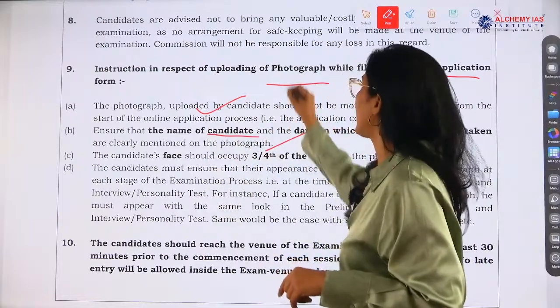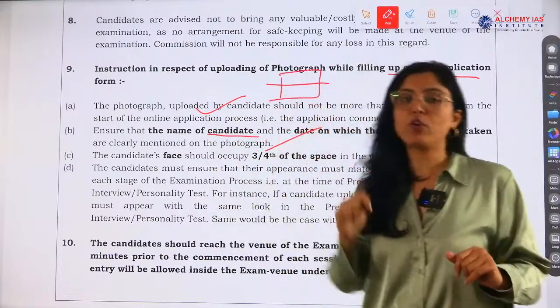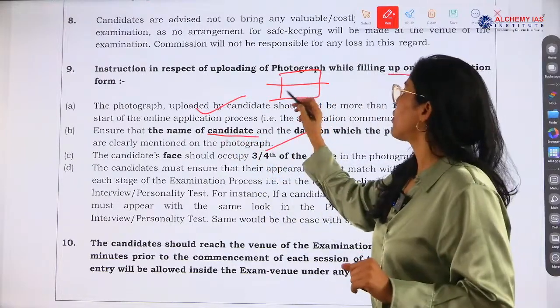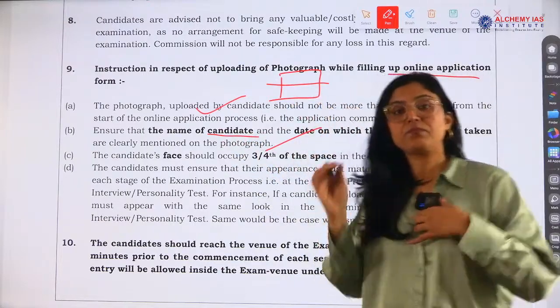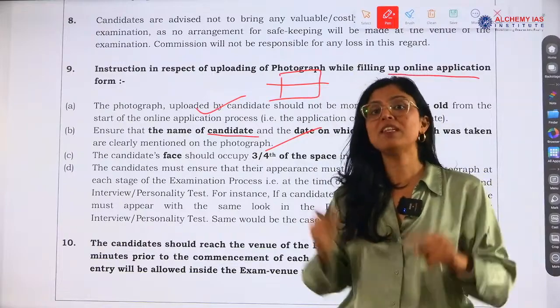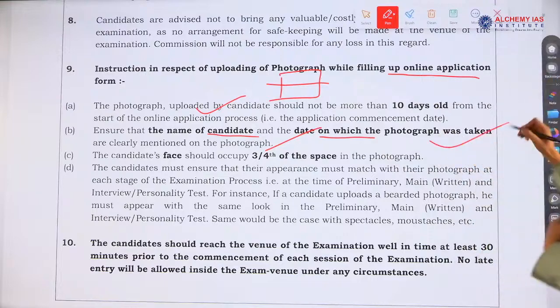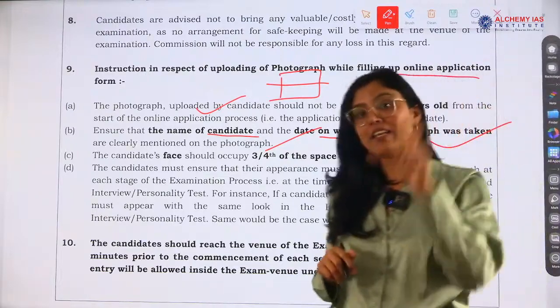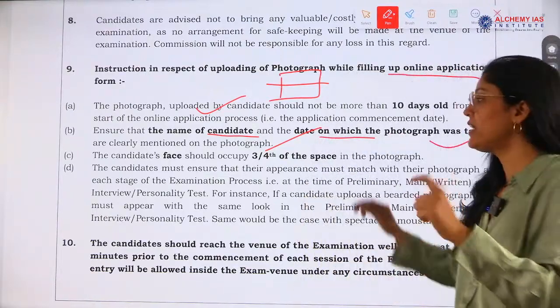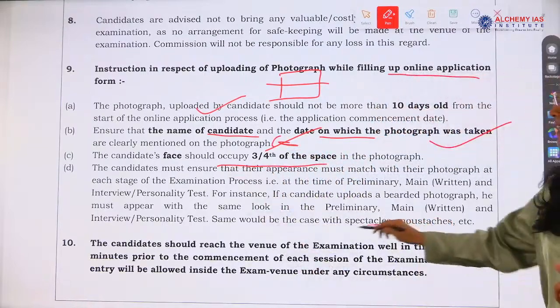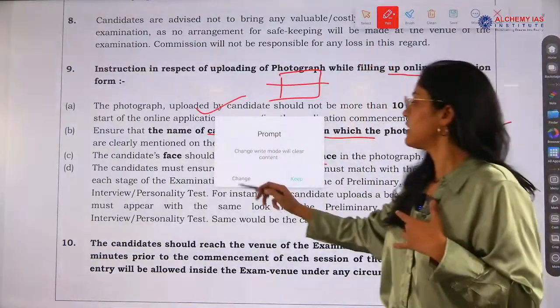The photograph that we will be uploading should contain the name of the candidate. 3/4 of the photograph should contain the face of the person, and 1/4 should contain the name of the candidate and the date on which the photograph was taken, and the date should not be more than 10 days before. So this is the basic guideline.